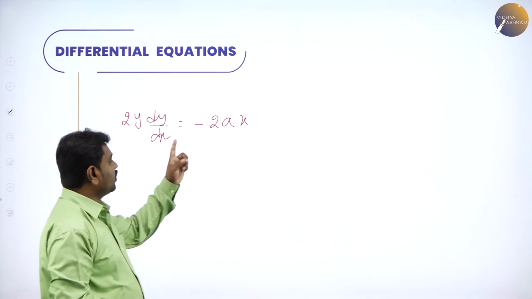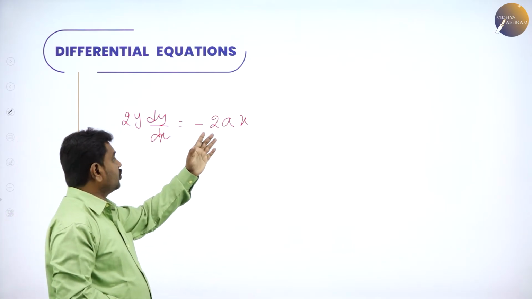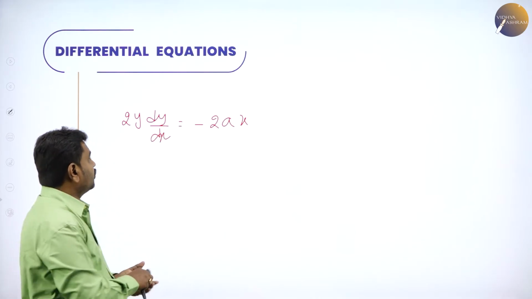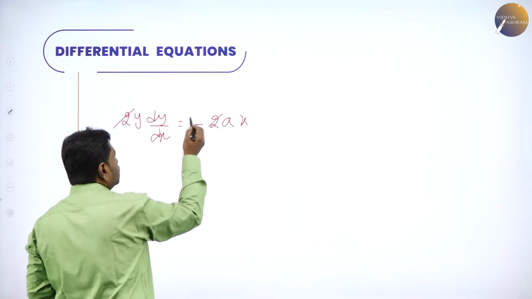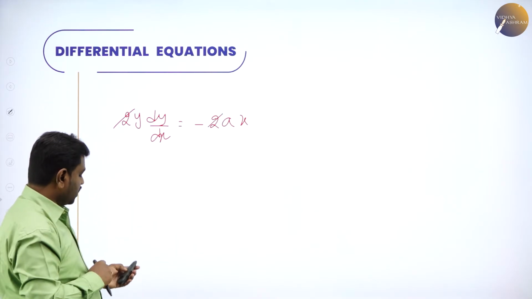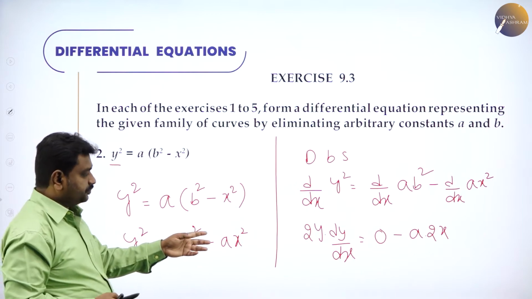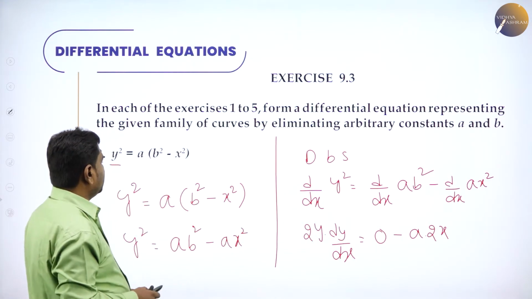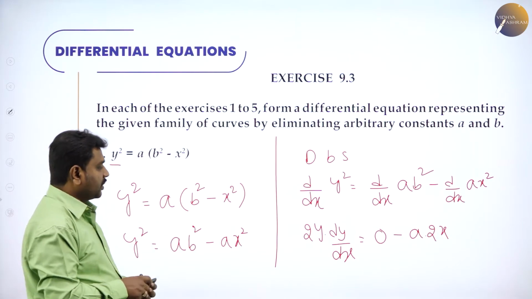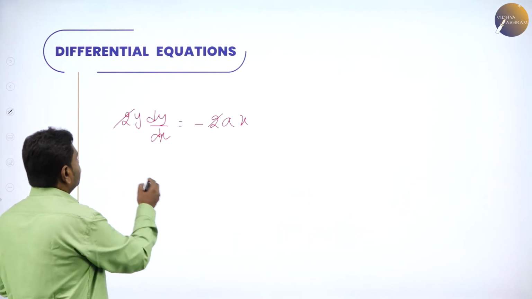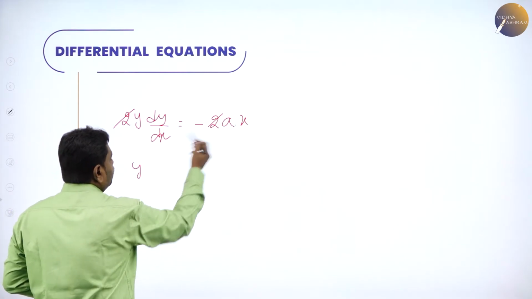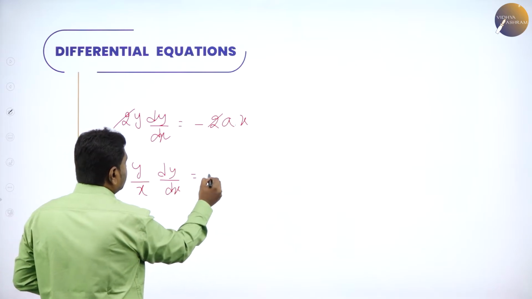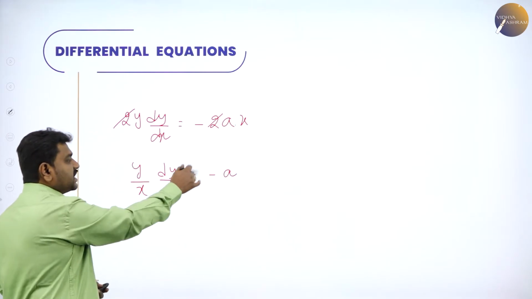But if I differentiate one more time, I'll get 2a. So I'll rearrange this. Here only I can rearrange. I can separate a. So here I can cancel 2 and 2. There are 2 methods. Now 2ax you have, so 2ax is 2y into dy by dx. So here separate the a term. So now can I write y by x into dy by dx is equal to minus a? Now the right side I have only a constant.